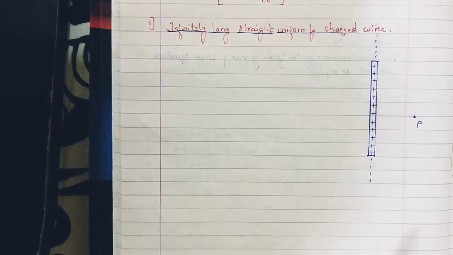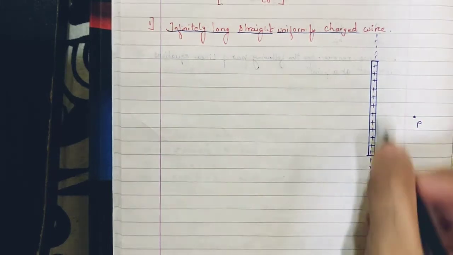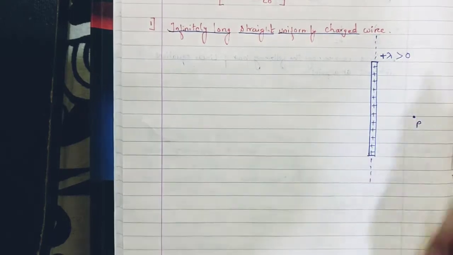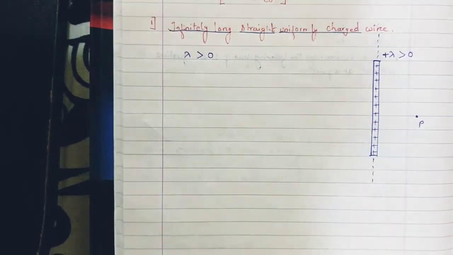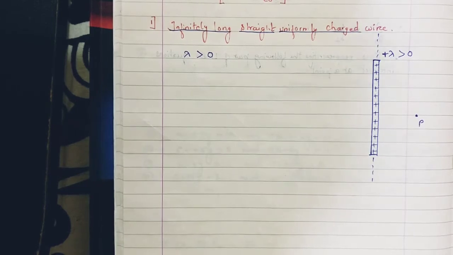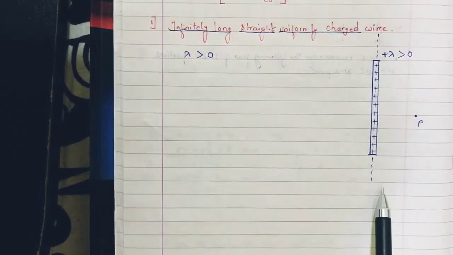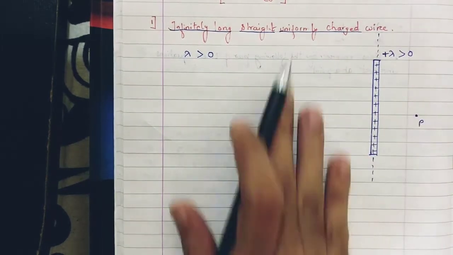So how will the description look? You have to say, consider an infinitely long, thin wire with uniform charge density. Let us consider that the charge density is positive here, that is, greater than 0. What is lambda? Lambda is the linear charge density. Linear charge density is the ratio of charge upon length, which we have already discussed in the previous videos. So here it is plus lambda, greater than 0 as we have considered, and this is in free space, in the plane of the page.